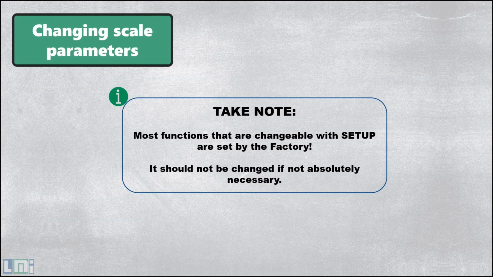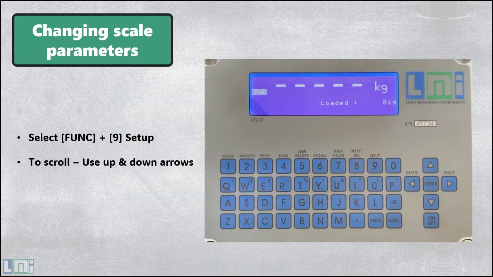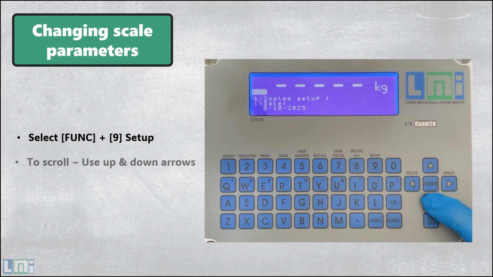First, it's important to note that most functions are already adjusted by technicians to provide the best service possible. Adjusting is only done based on situational preference or in specific situations. Now, to access the settings, press the function key, followed by the 9 key. This will open the setup menu, where you can use the up and down arrow keys to cycle through the